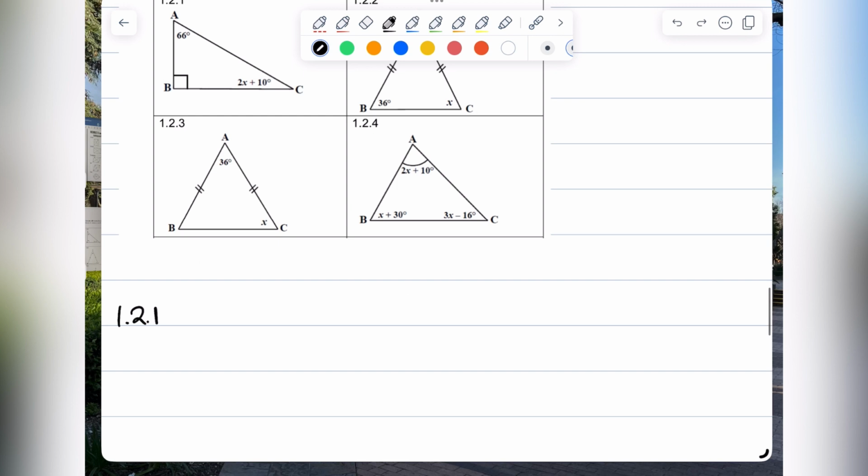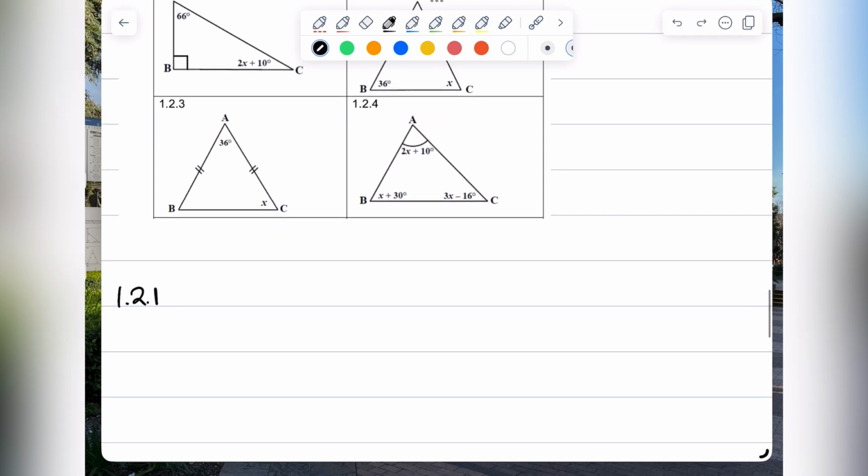So for 1.2.1, using my property of triangles, I can say that 66 degrees plus 90 degrees plus 2x plus 10 degrees. So I'm adding up all those three angles, and they must be equal to 180 degrees. And the reason, of course, remember, we are busy with geometry, so there's always statement, reason. That's the structure of your answers, statement and reason. So the statement is the mathematical statement you made, the equation, and the reason is